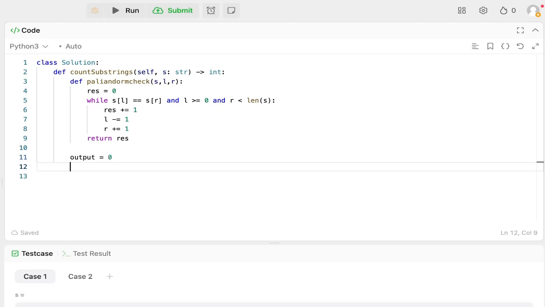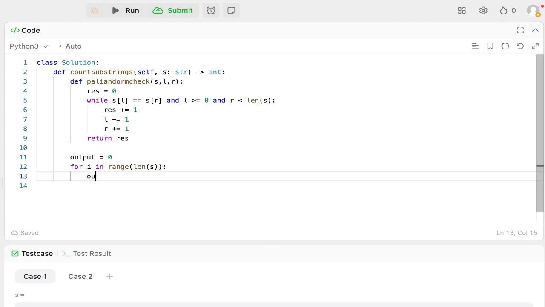Now we will iterate over the string, for I in range of length of S, output plus equals palindromic check, we will pass S, I comma I. We have two patterns. One is having the left pointer and the right pointer on the same character,